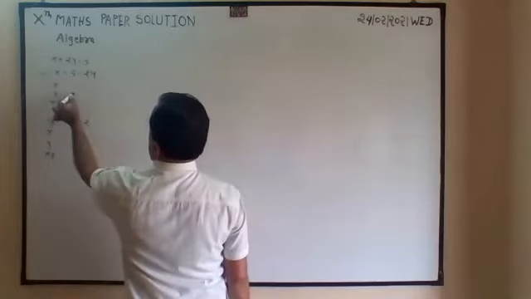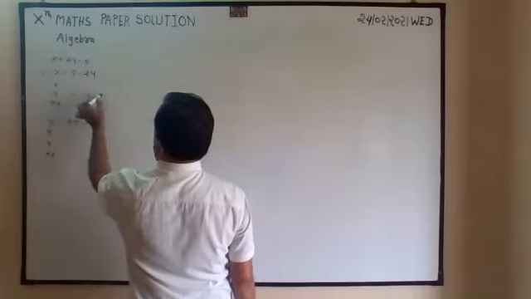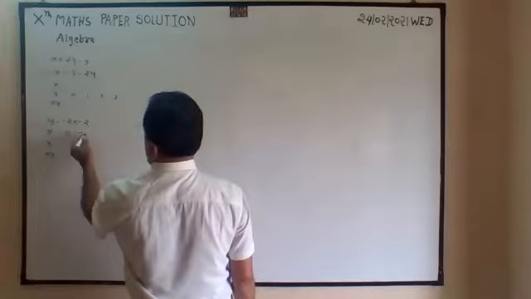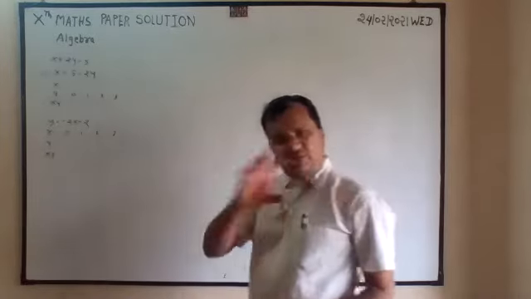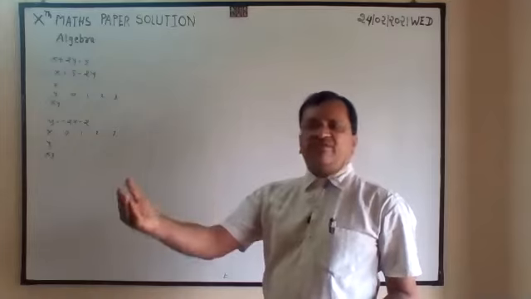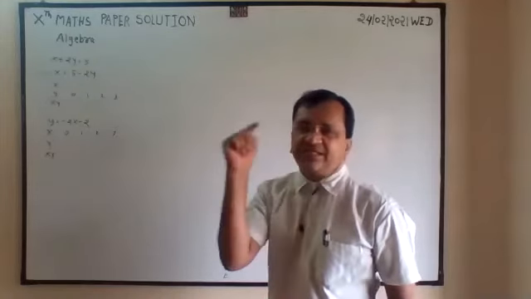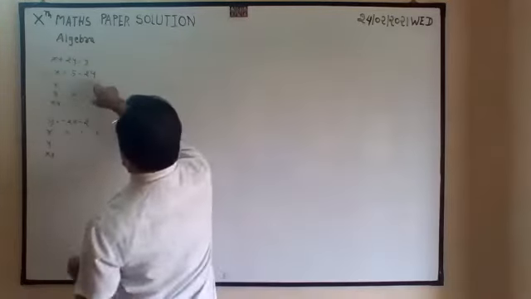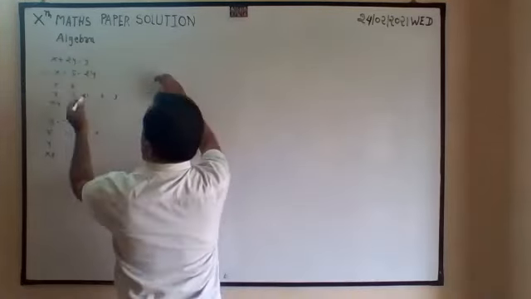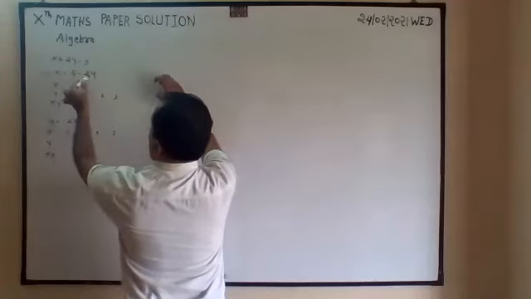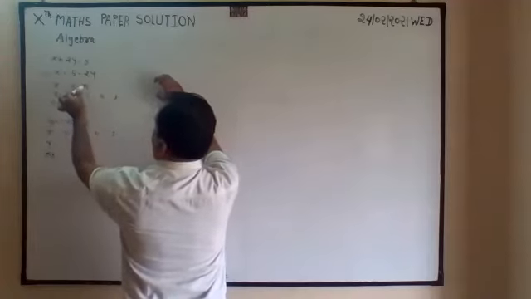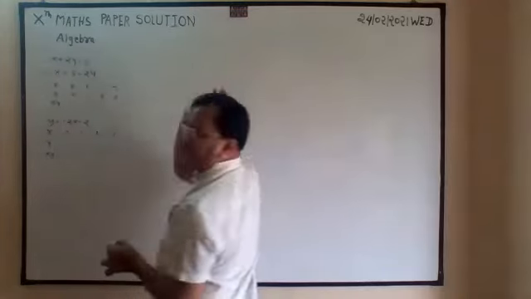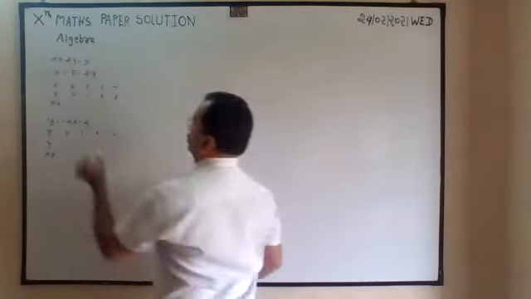Where x is given, always put y as 0, 1, 2, 3. Where y is given, always put x as 0, 1, 2, 3. Previously, you have to substitute this value, and according to that, we will get the answer. If we consider this in a sequence, the next number also we will get in the sequence. y is equal to 0, so only 5. y is 1, so 5 minus 2 is 3. See the difference, 2 decrease, 2 decrease. So 5 minus 6 is equal to 1. Decreasing by 2 each time.